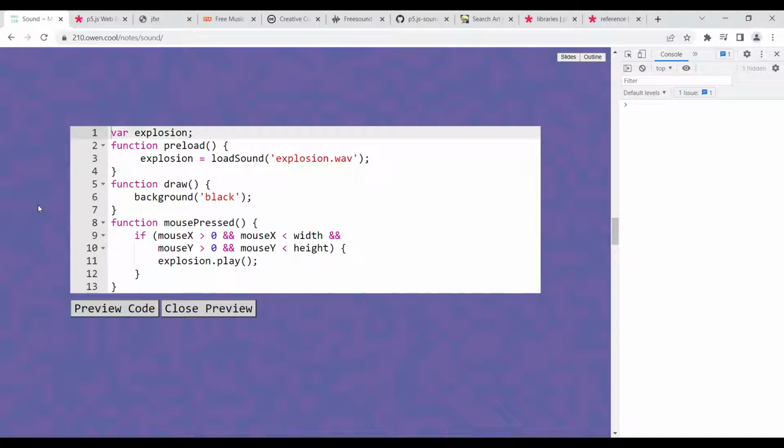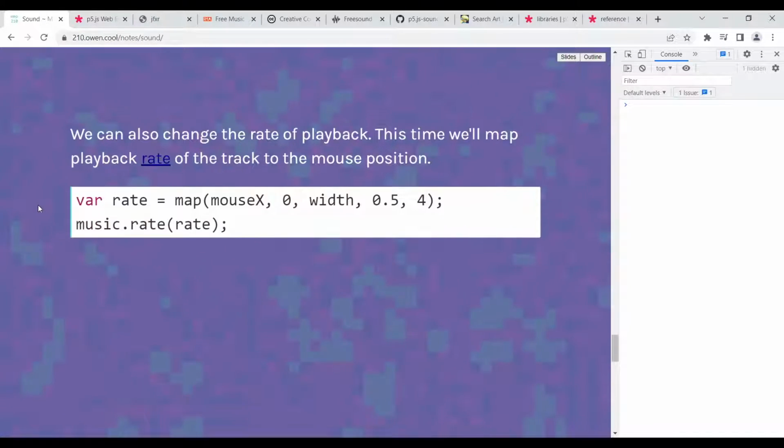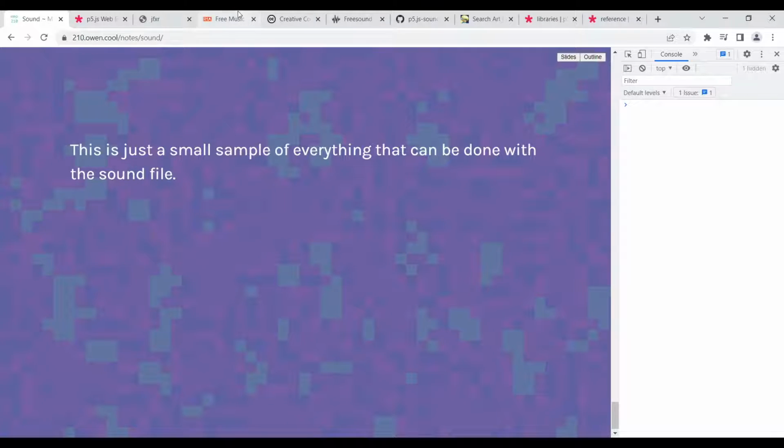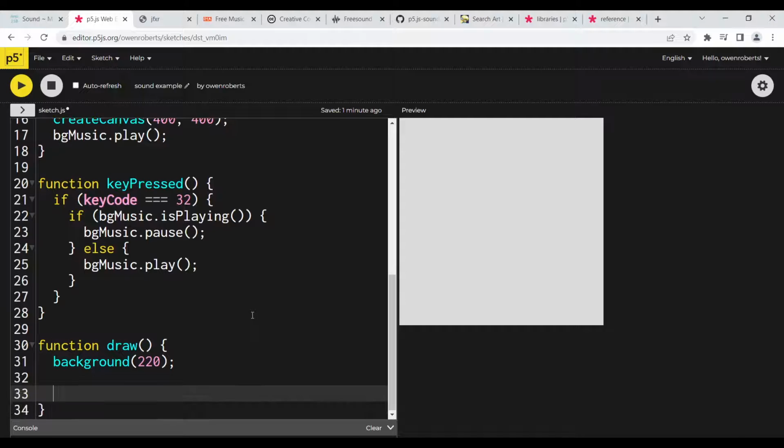So let's see. Okay, so we can play with some of the parameters of the sound. So we'll do that in this draw function. And so if we want to change the volume of the sound, we can start with that. We can map our mouse or a slider or something like that to our sound. So let's just use the mouse for now. So I'll use mouse Y and I'll map that to the volume of the sound. So let's just call this V for volume, and we'll map